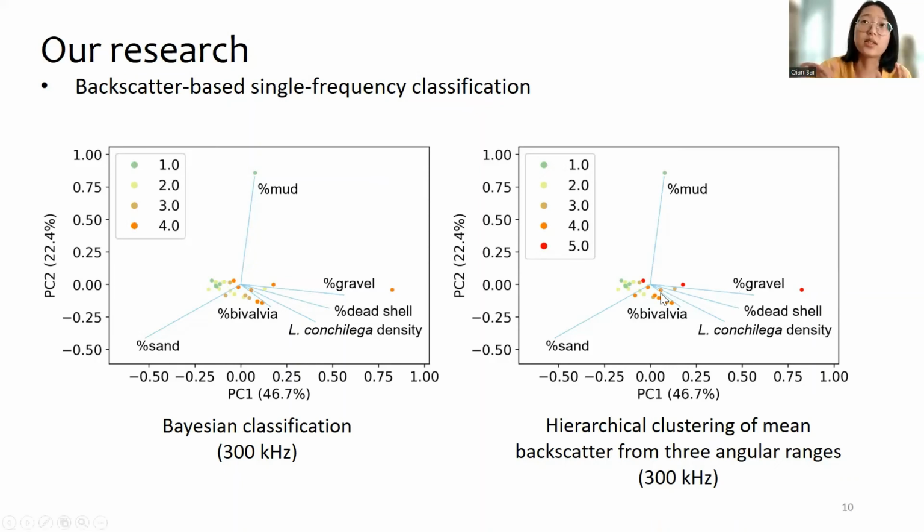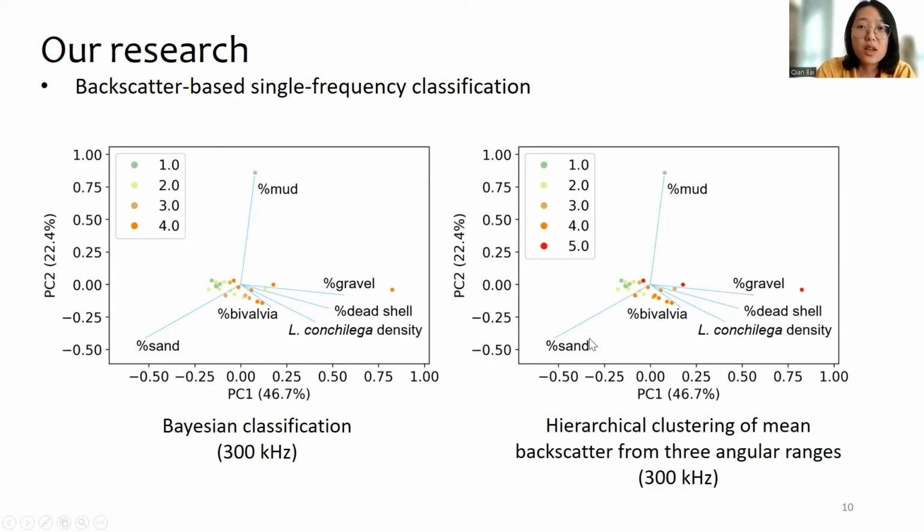These samples are classified as one class, which is a nice thing to relate to the sample space here. So we have a nice first attempt to relate the acoustic classification results with these sample